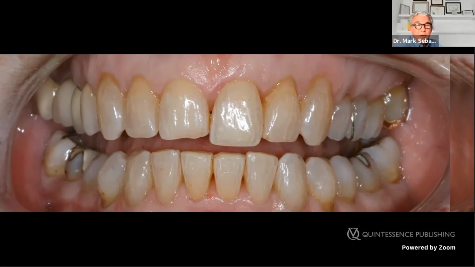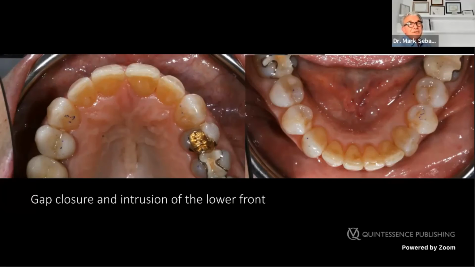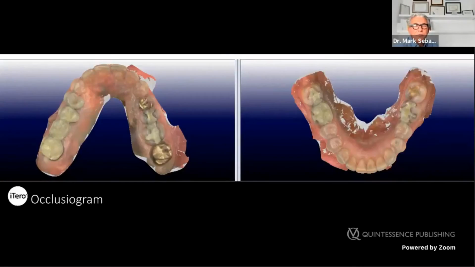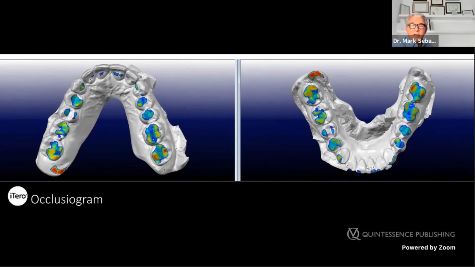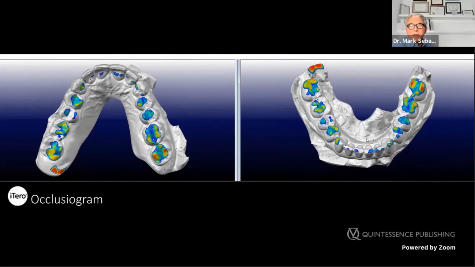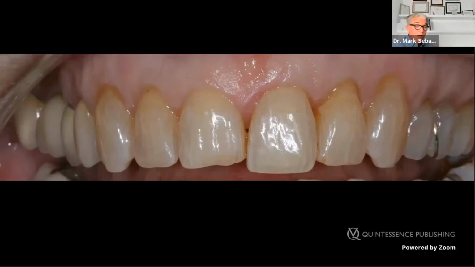And now we can see what she was missing due to grinding. The 1-1 is missing 1 or 2 millimeters, sorry. And this is the gap closure. This is the view from the arch, and you see how we control the contact points. This is again with the iTero, I checked the occlusion. I wanted to know how the contacts are now in the front and how to change. Maybe I had some smaller restorations to do. And then we changed, okay.